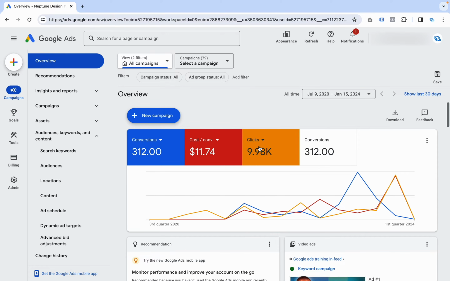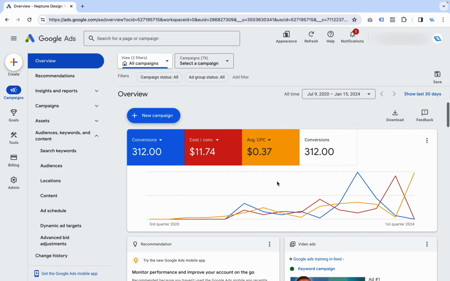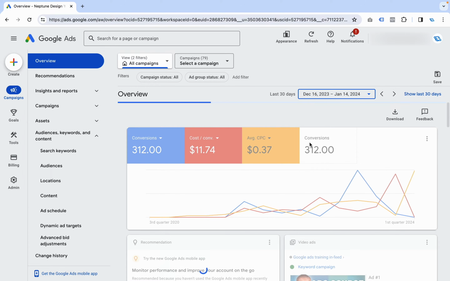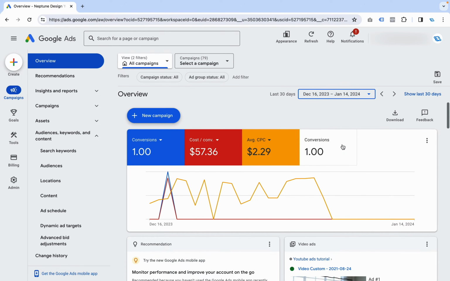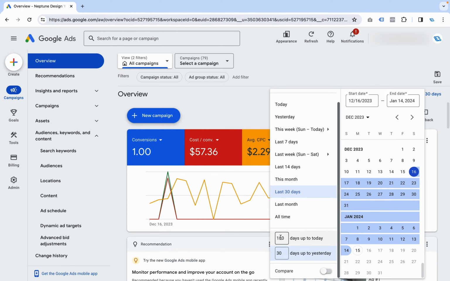You can select literally any report that you want to pull, and you can see how much things cost you. And you can also get an idea of whether your campaign is performing better this month or worse this month. To do that, all you really need to do is go to the last 30 days. When you do that, you'll get the simplified report. And then you can compare it to the month before that, or to 30 days before that, either with the date range checker or over here, just like I showed you. And that's basically it, guys.